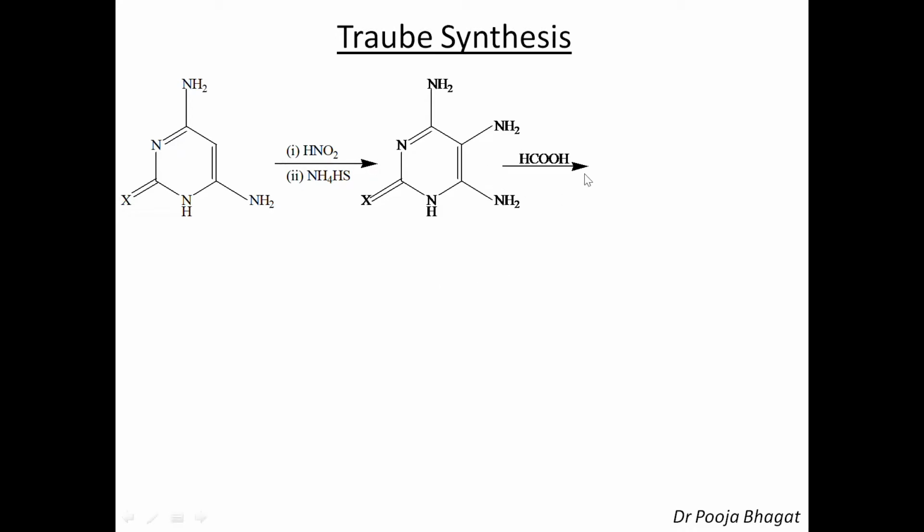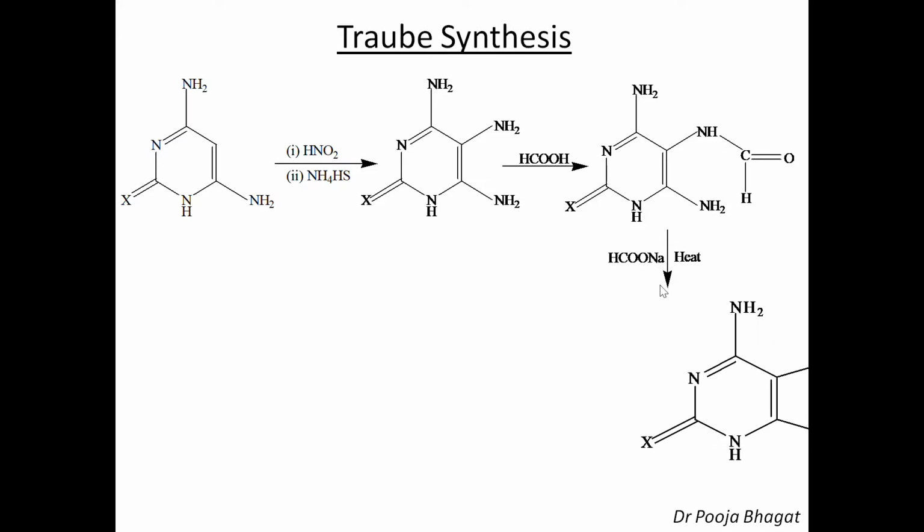You treat it with the formic acid. This mechanism we have already done. When we treat it with the formic acid, then there is introduction of formyl group. So formyl group comes here. Mechanism part we have already done. And then when we heat it with sodium salt of formic acid, that is sodium formate, then we will get